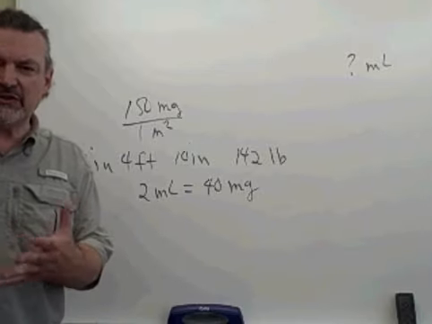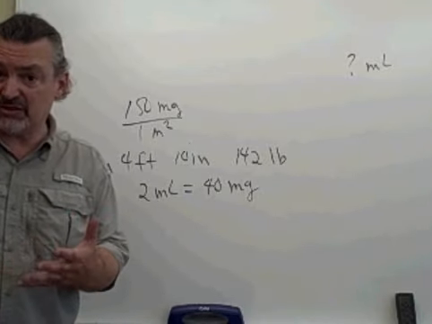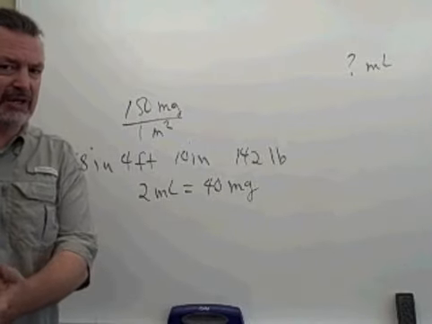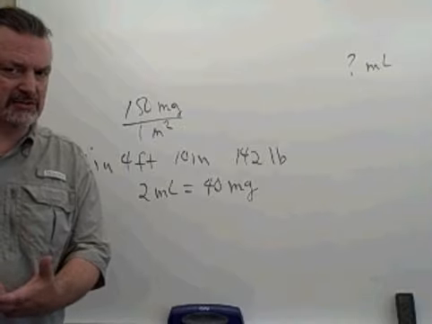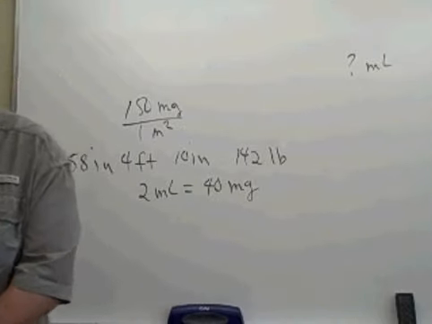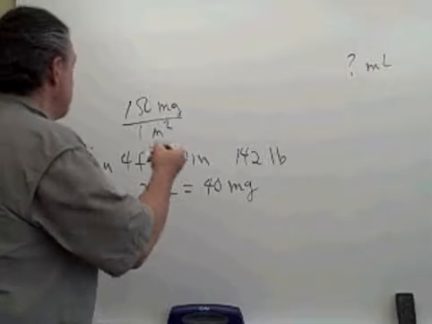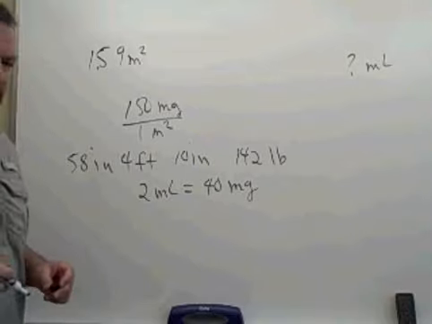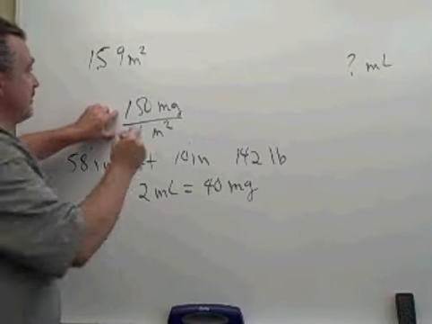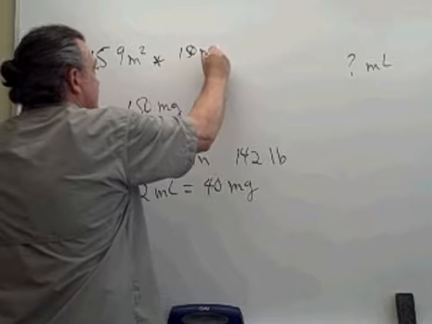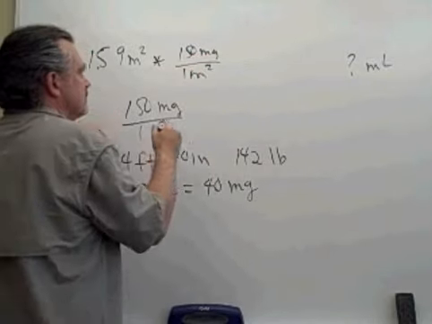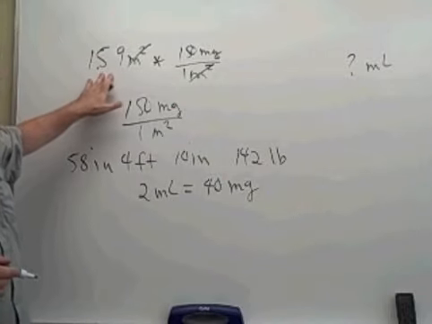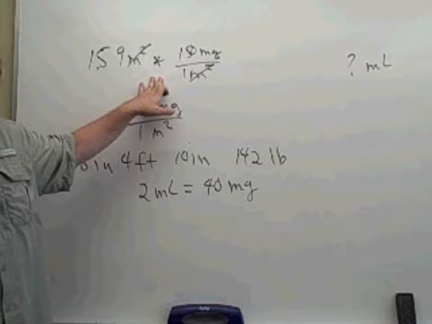You can see that reading those is not completely accurate. It's an estimate. So we have to understand that when you're calculating body surface area, it's not an exact science. There's some estimating involved. So if we use the 1.59 square meters, somewhere in that vicinity, 1.59, 1.60, and the drug is given at 150 milligrams per square meter. So if the square meters cancel, if I did that arithmetic of 1.59 times 150, I'd know how many milligrams